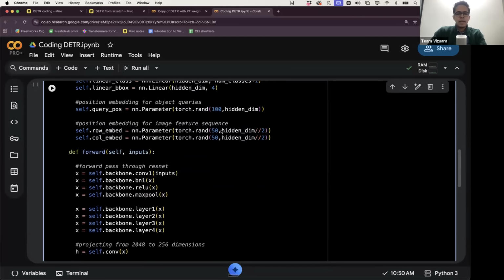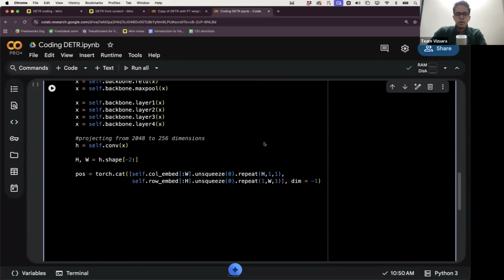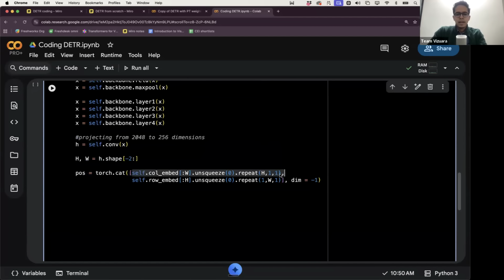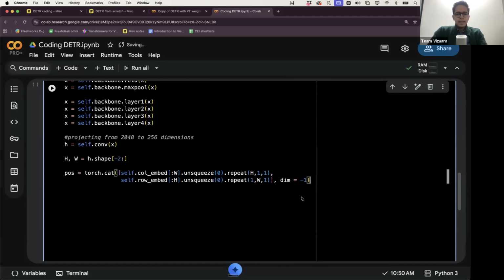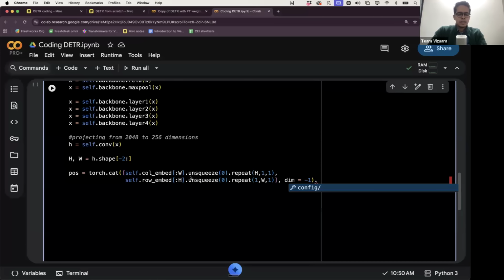Last dimension is the embedding dimension. Embedding dimension was originally hidden dimension by 2 for this and hidden dimension by 2 for this. And when we concatenate two such things, the last dimension of this concatenation will become embedding dimension itself. Okay. And then we do one more thing. So now we have a sequence of tokens, I'll explain this to you once I write the code,